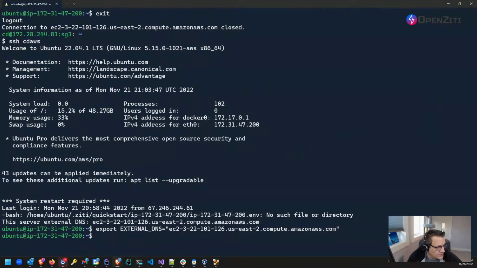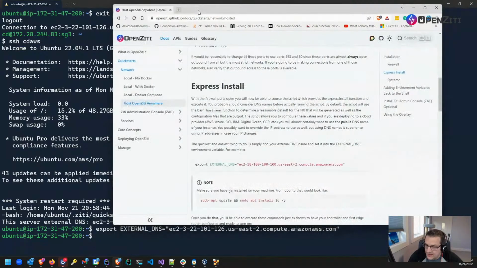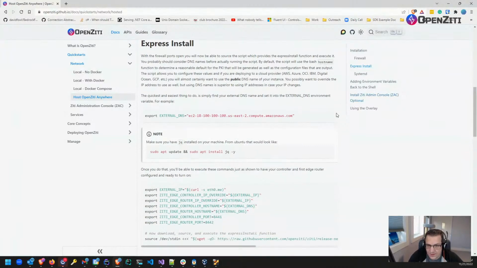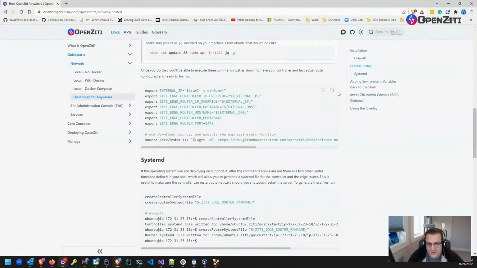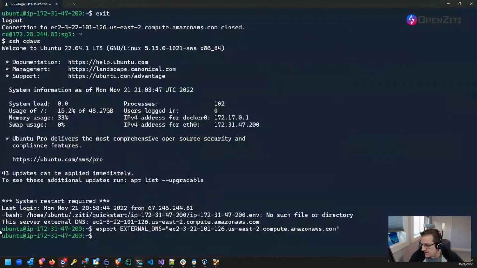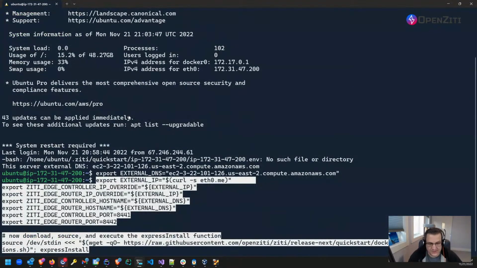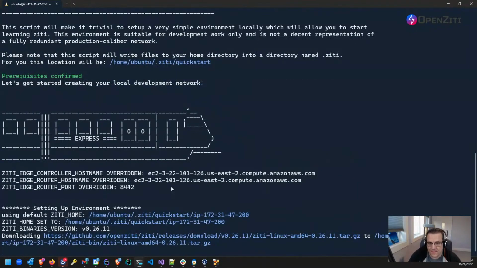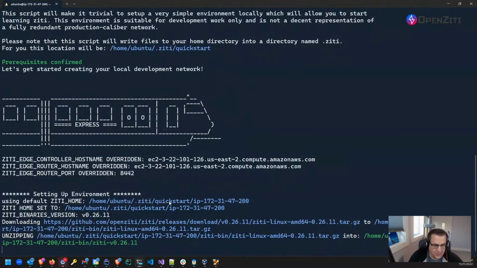And now we will run, you know what, maybe just bring this over here, show you that I am actually going to run the same commands from the quick start. All right, so I'm just going to copy this entire block using that little copy command. Come back over to here, paste all that stuff in. You see we set some external IPs, and then we're running that express install, all as one big block. Now it'll download all of the